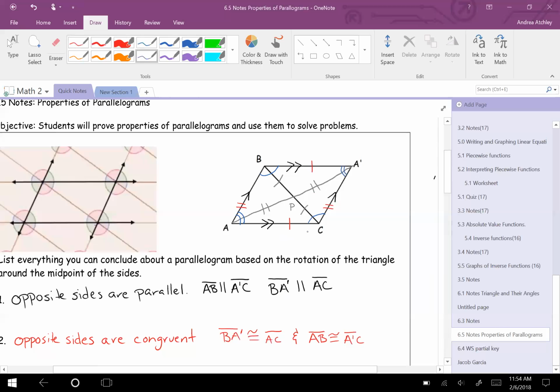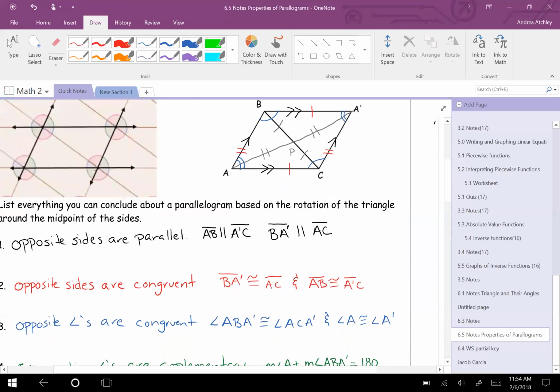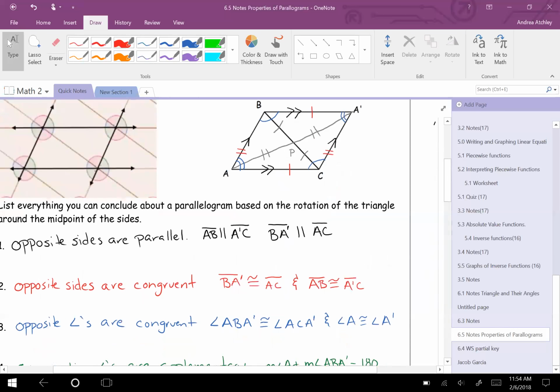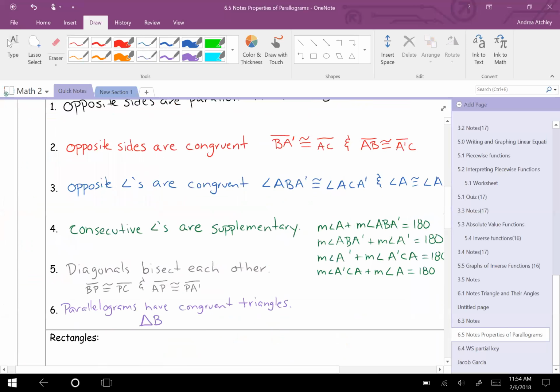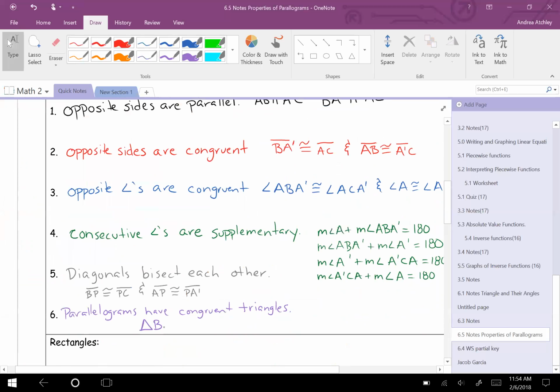Does that make sense? So it's triangle BA prime C is congruent to triangle